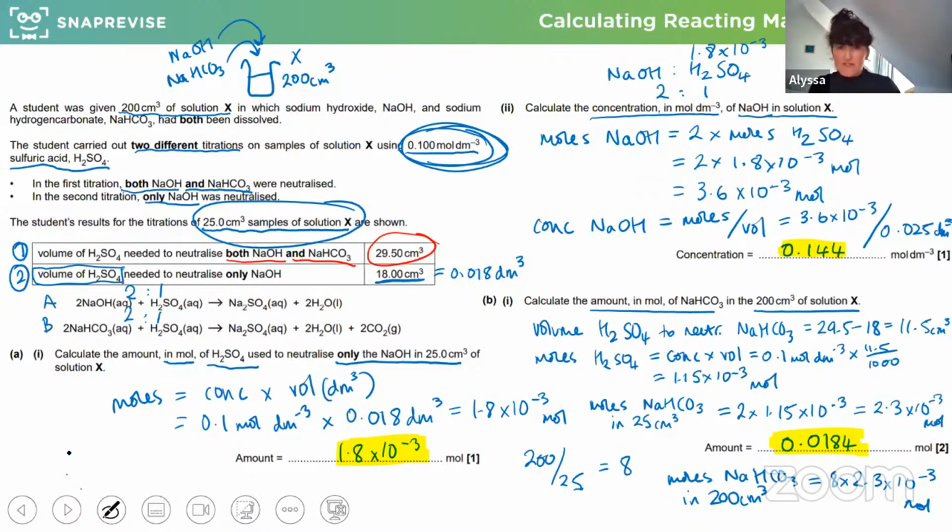But there we go. Now we've done it. So if we see another similar question, we can tackle it similarly. And having said that, I have seen a couple like this actually in past papers. So they do like to do questions like this where you've got 2 things going on and you've got to work out differences in moles and stuff.